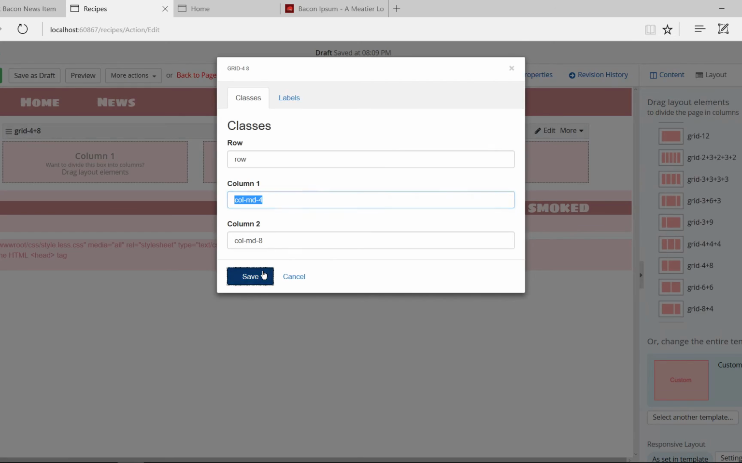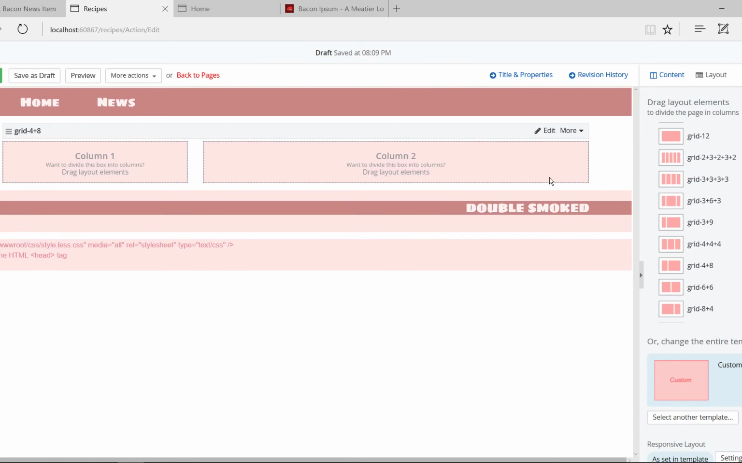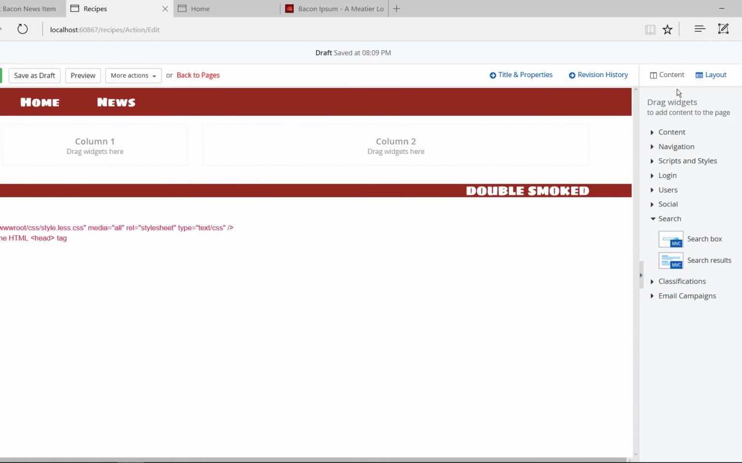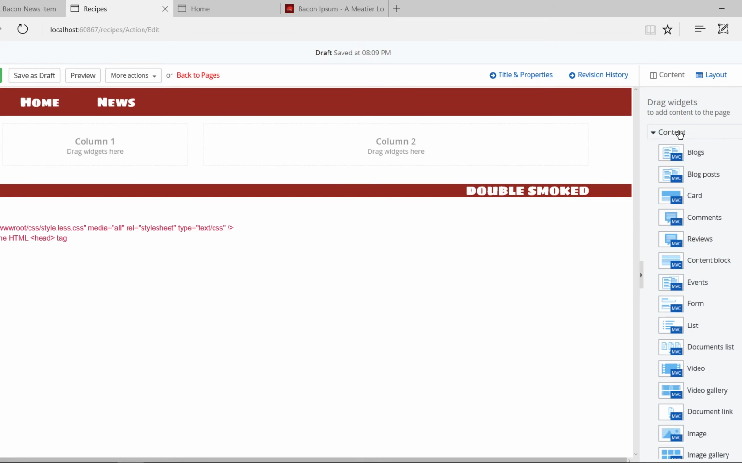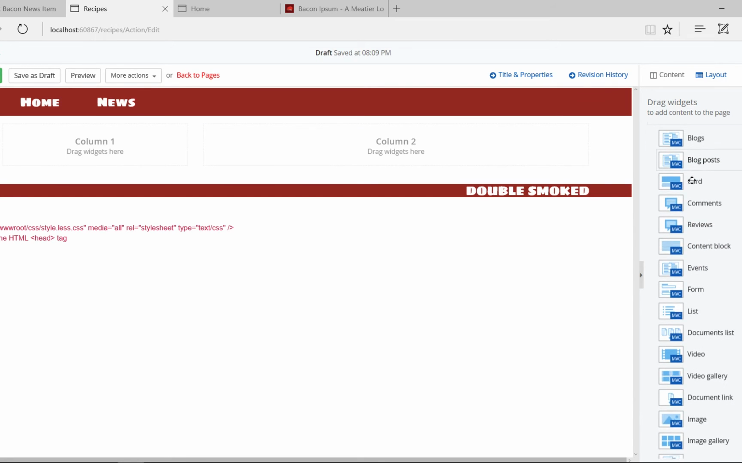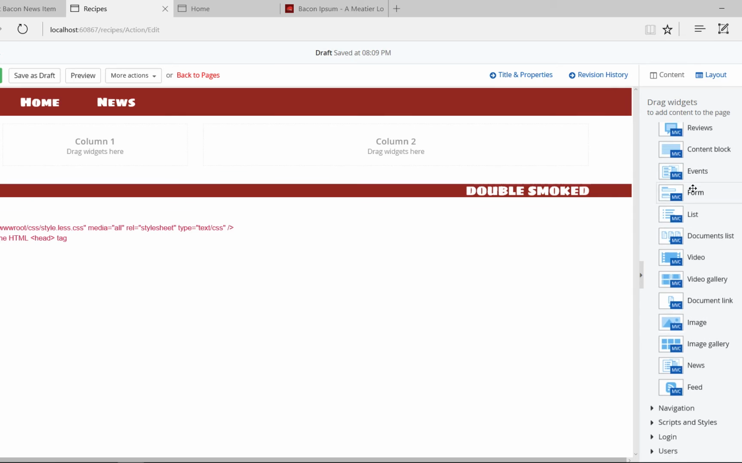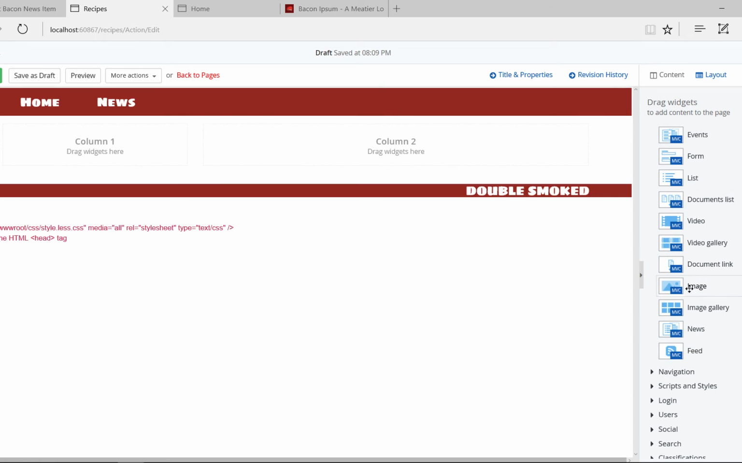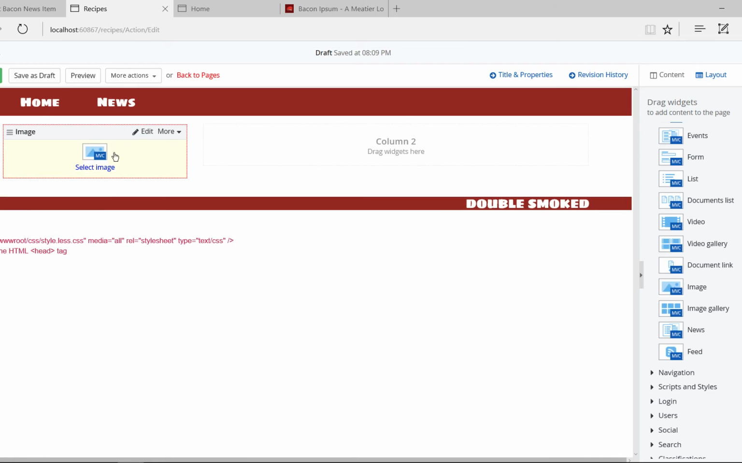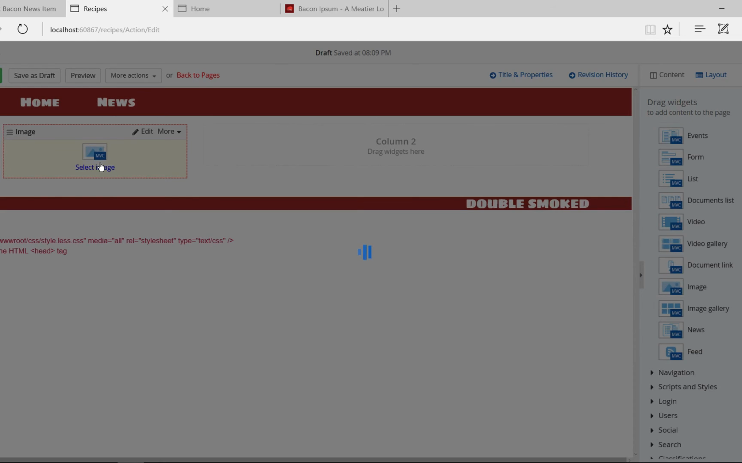So now let's go and add some content to my page. Now again, I go to the content menu and let's add just a simple image. For doing it, I need to drag and drop the image widget into the section in which I want it to appear. If I click Select,